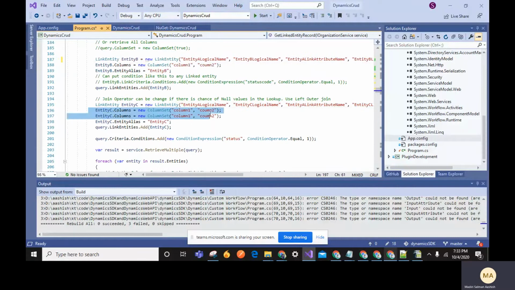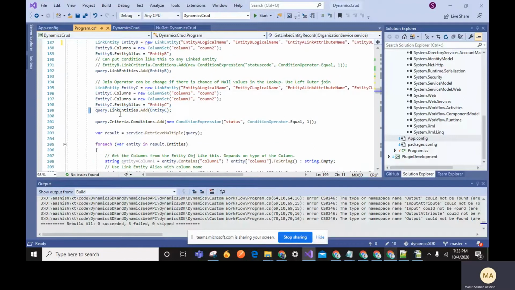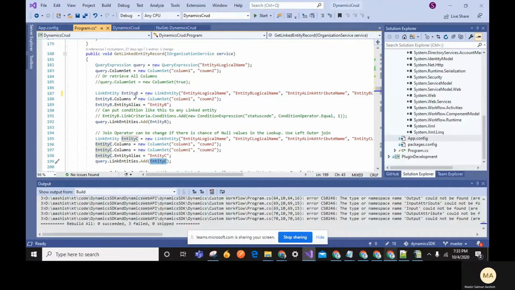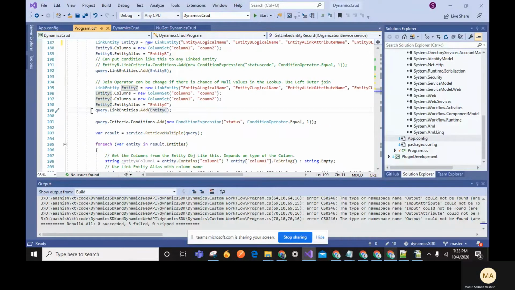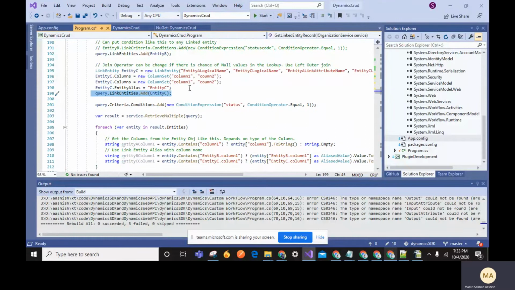Later we need to give the columns in the third table, and we can write some alias name for the third table, and we need to add this table c to the first table in the query expression using this condition.